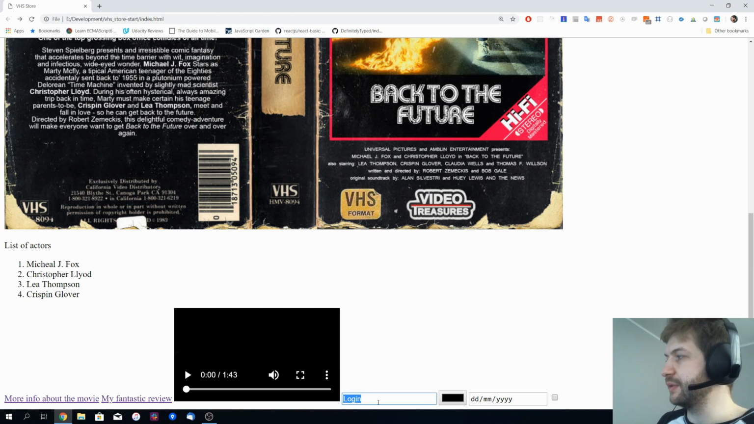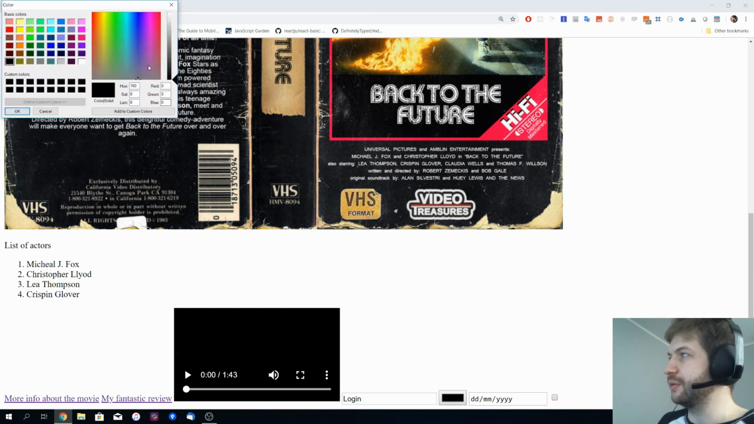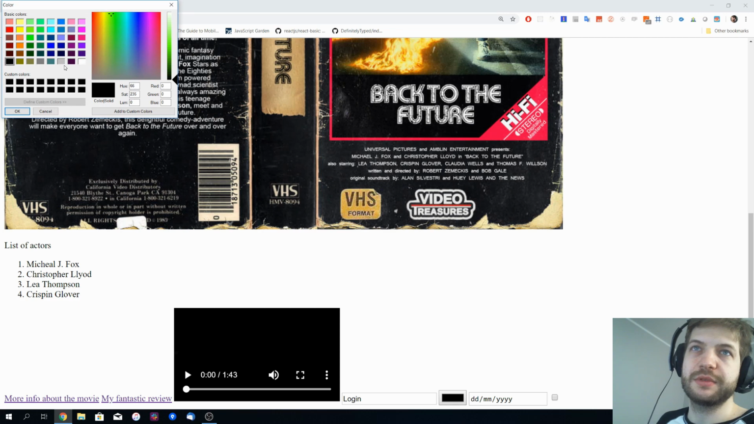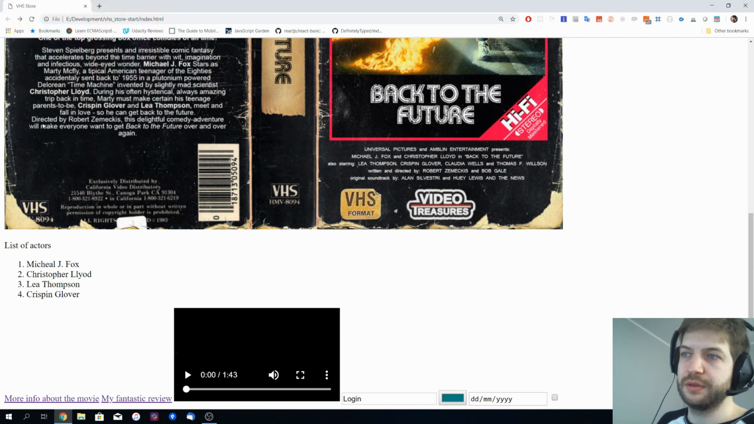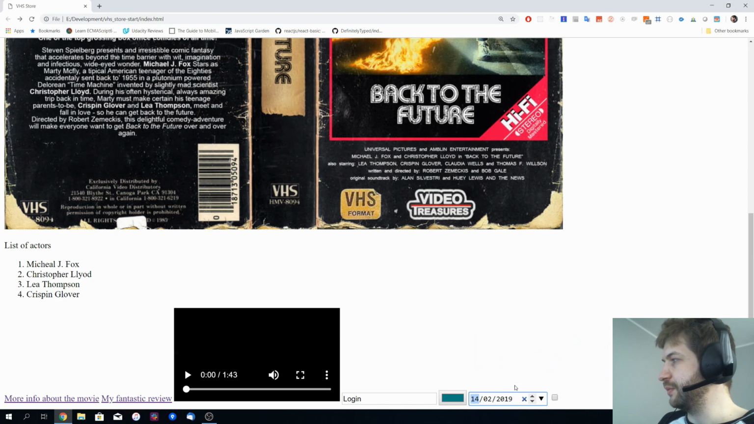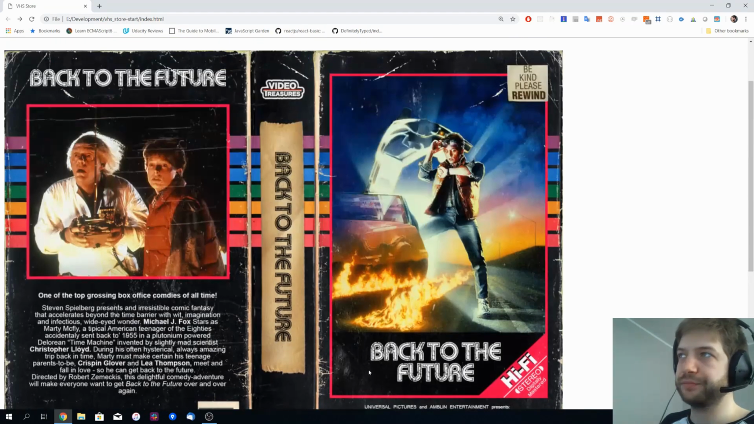So text, the color, okay, good old times of paint and now color exchange, the date that you can choose, and actually you can see that the values change, and the simple checkbox. Okay,